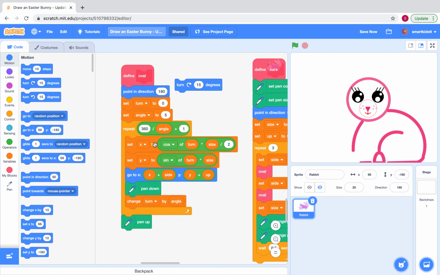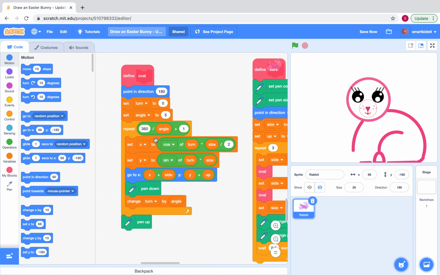Whereas x and y kind of differ if it's an ellipse. So there isn't a special one where you could just turn x by a certain amount, such that x changes by a different amount than y. Here, x will change by the same amount as y if you use this built-in function. So instead, we have our own turn function. Instead of calling it oval, I could have called it turn. But anyways,